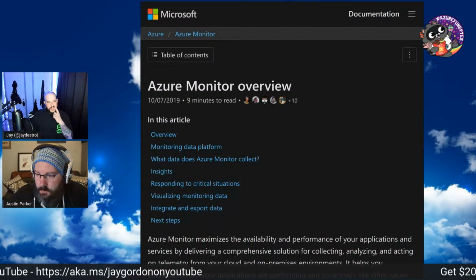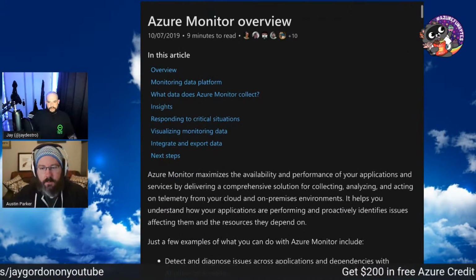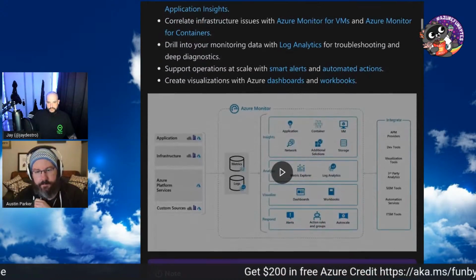So just to give you all a little bit of a visibility, or I should say difference, I'm going to bring this up for a second. So I'm going to share this. So Microsoft has a document here that's just about Azure Monitor and the information that is available.